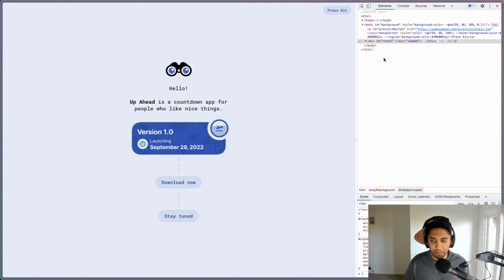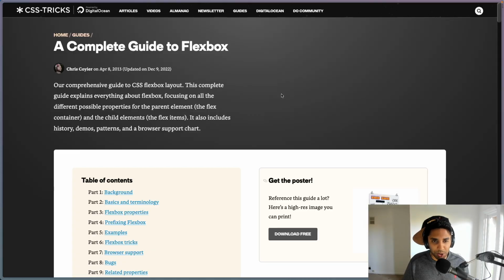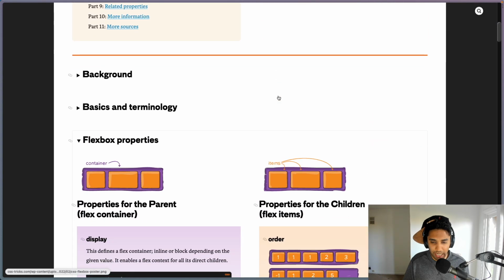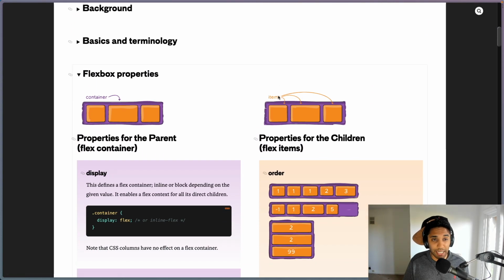The key takeaway for me was to use Flexbox to lay out a column of sections, and then within each section, potentially use Flexbox as well. Flexbox is a lot like rows and columns in Compose UI. It allows the container to specify the size, spacing, and alignment for the children it contains. CSS Tricks has this amazing guide to Flexbox, and I referred to it many times as I was building the